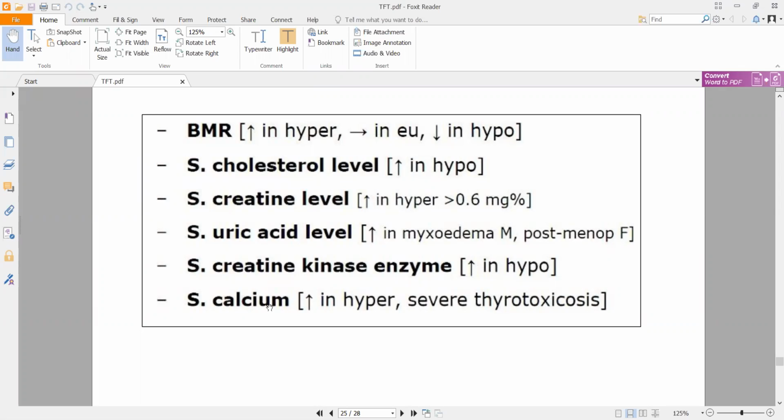This parathyroid hormone's main function is maintaining the integrity of your bones. It will regulate the amount of calcium and phosphorus going inside bone and coming out of bone. Whenever there is hypercalcemia, increased calcium in your blood, your parathyroid hormone will come into the picture, and the excessive calcium and phosphorus present in your blood will be thrown into your bones. That is why your bones are called reservoirs of calcium and phosphorus.